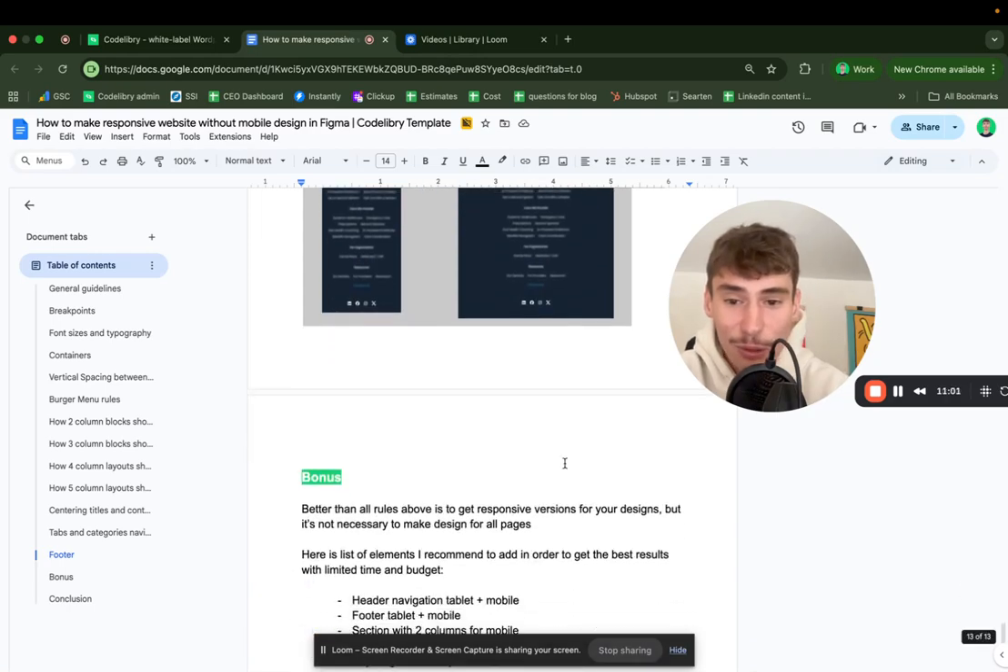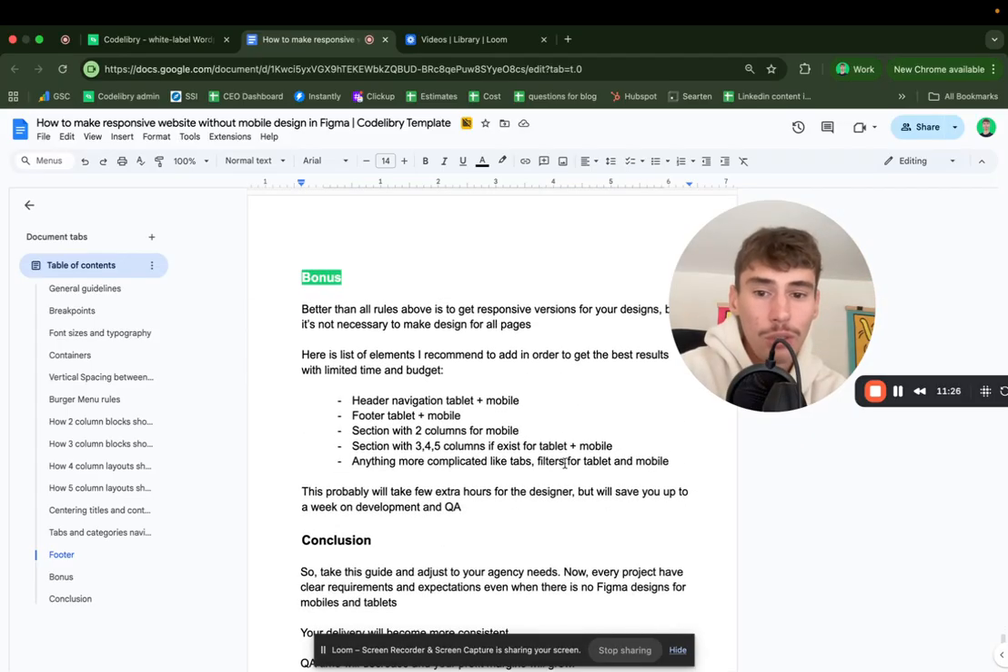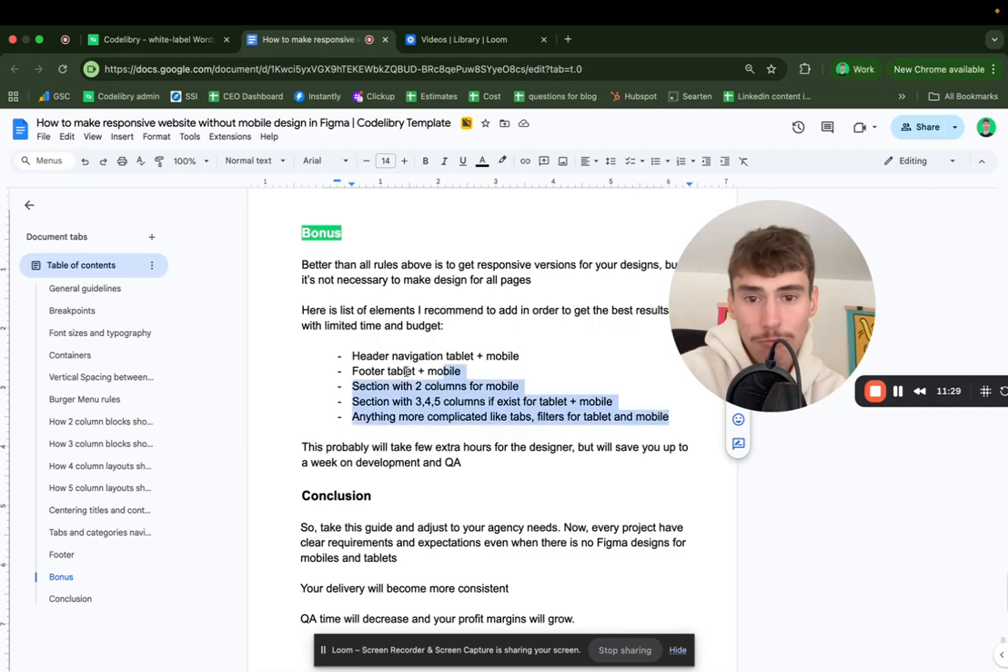Yeah, and coming to a bonus tip. I really enjoy working with Figma designs without mobile designs, just desktop results. It's not a big deal. But there is a quick fix for agencies to make results even better. And this fix is actually to invest in some designs, but not for whole pages. All you need is just these 5 points. So it's header navigation, footer, a section with 2 columns, a section with 3, 4, or 5 columns, whatever exists, and